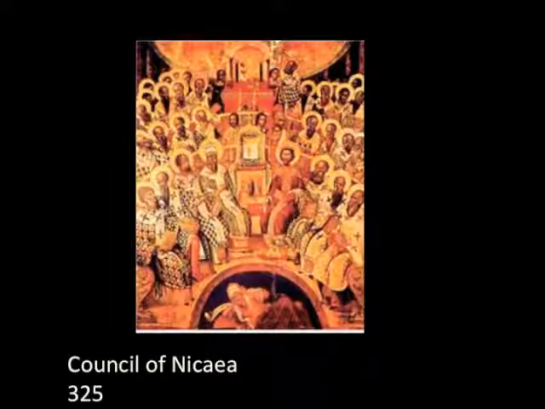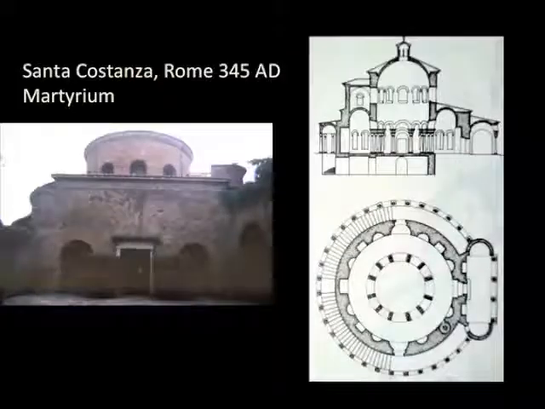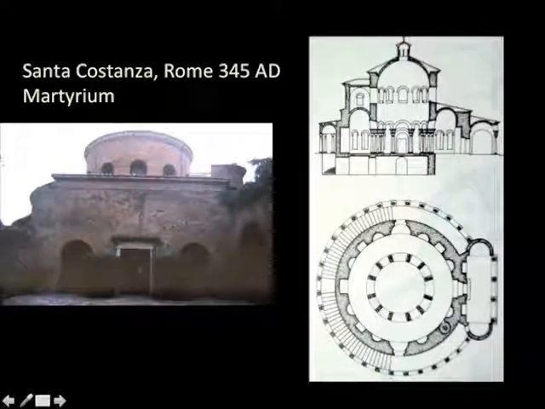And at this point, there were all kinds of branches of Christianity, many of which were stamped out as not sufficiently orthodox. Well, Constantine probably never converted to Christianity, or if he did, it was a deathbed conversion. As he was dying, some stories say, he said, yeah, okay, Christianity, why not? But his daughter, Constantia, was a Christian, and when she died, she was buried in this little martyrium. Martyrium is a type, and it is a tomb for a martyr, really, and it's typically a centralized building.